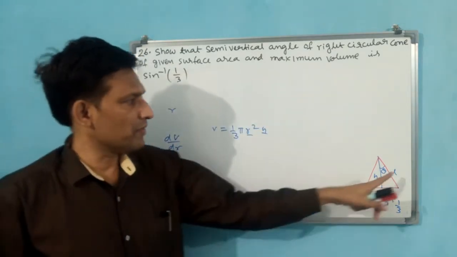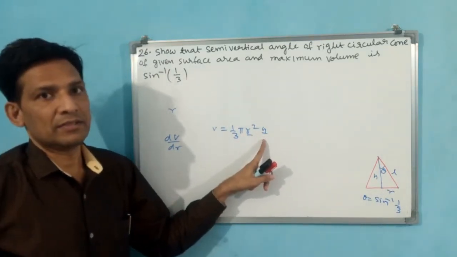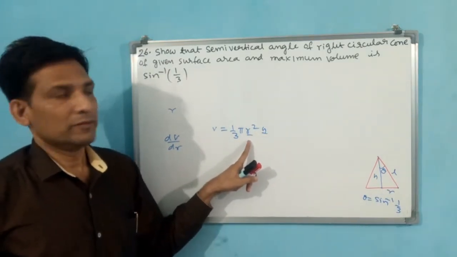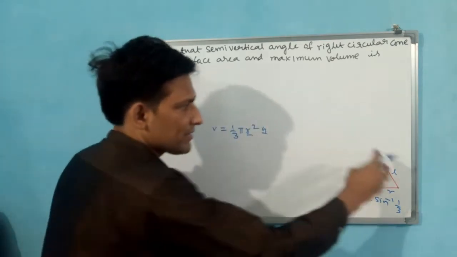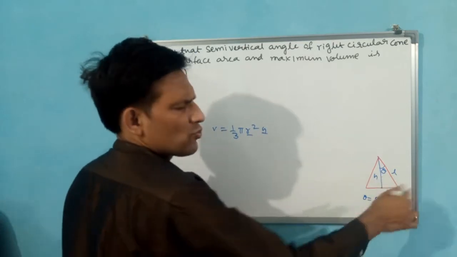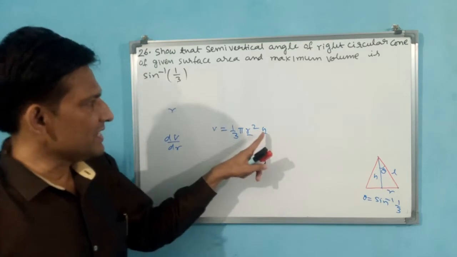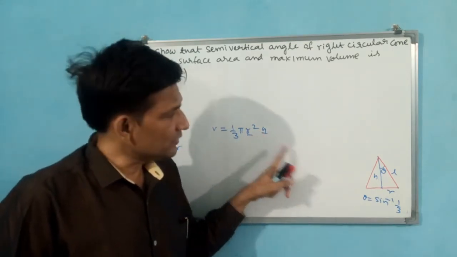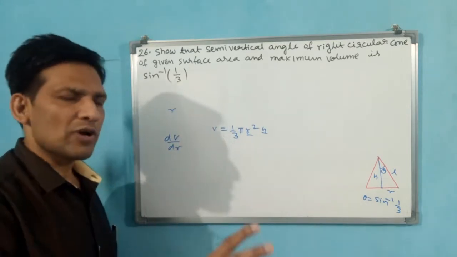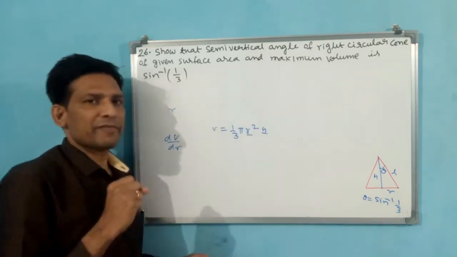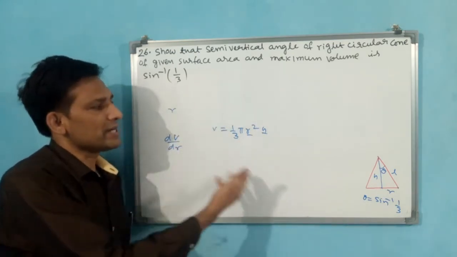That means, from surface area you have to bring this h. R is already there. You have to understand it carefully. Given surface area, first you find surface area in terms of h or r, whatever it may be. But finally the variable h should come from surface area. Keep that in mind. Then you apply it in this, and you are going to get this value.